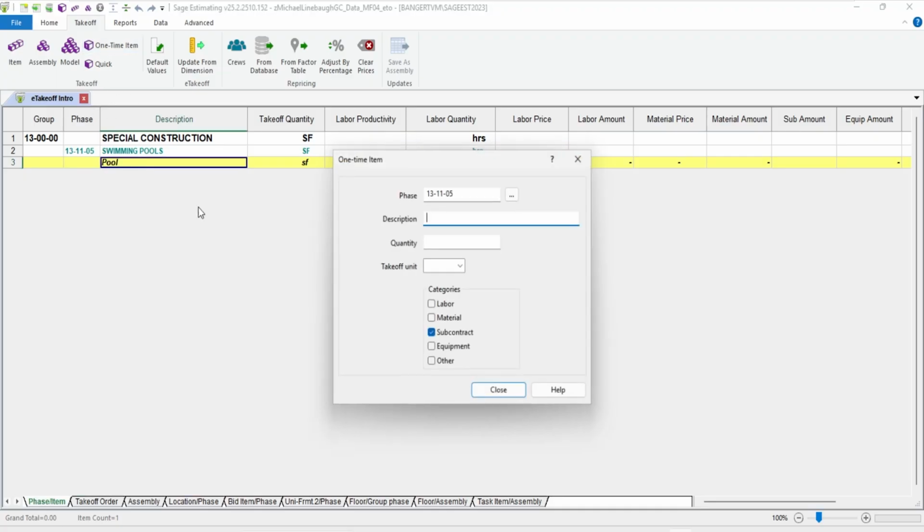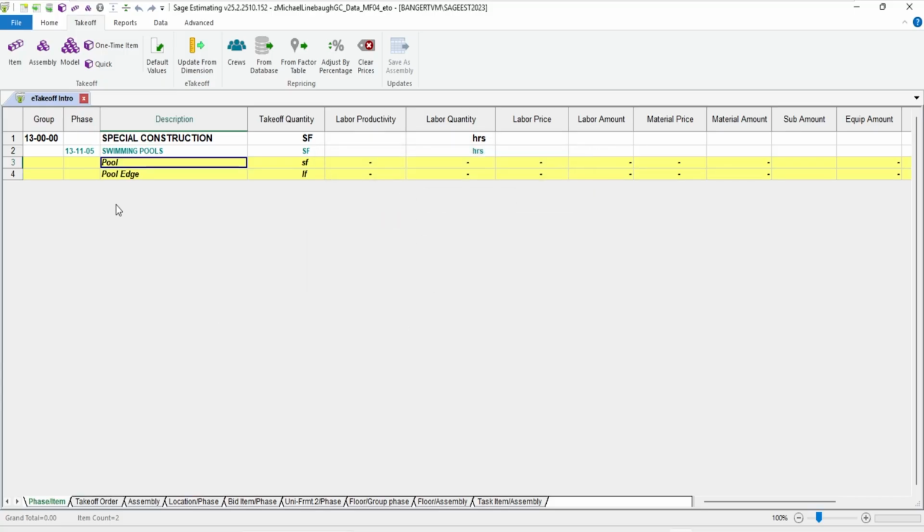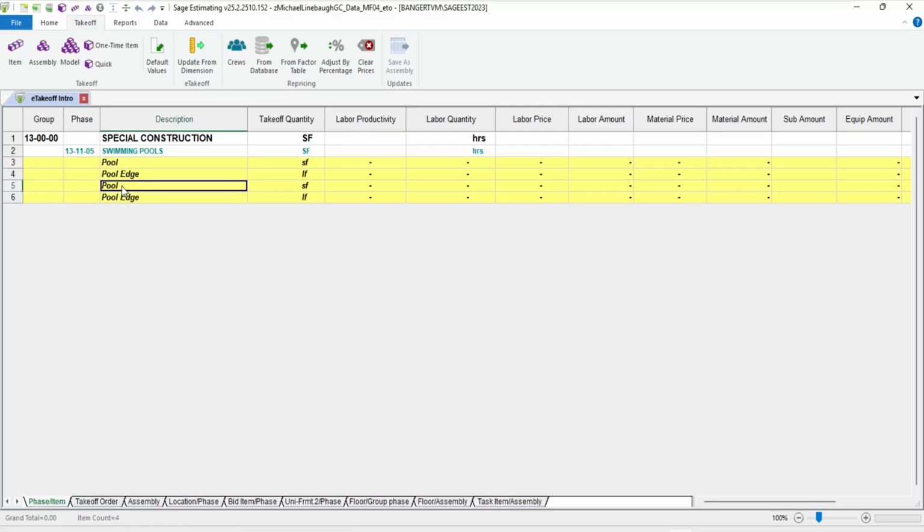I'll hit one-time item again, and let's say there's a special edging around that pool that is priced differently, maybe done per linear foot. Then I'm going to take both those items, highlight them, copy and paste, and change them up a little bit. That way I've got a couple items for the pool and a couple items for the spall.